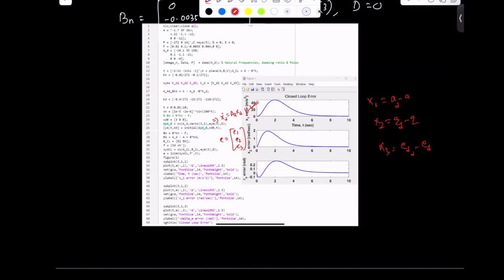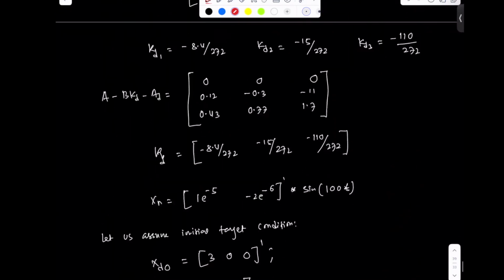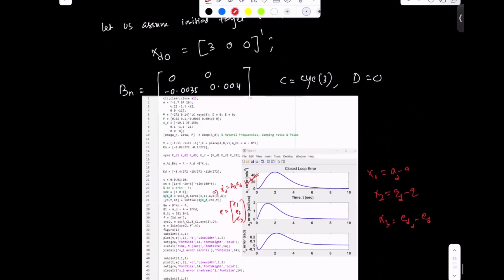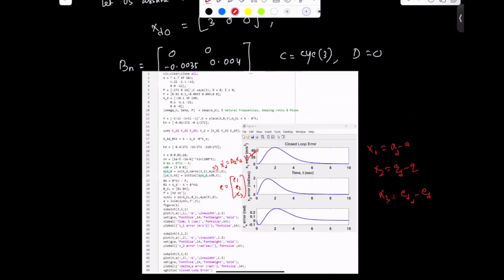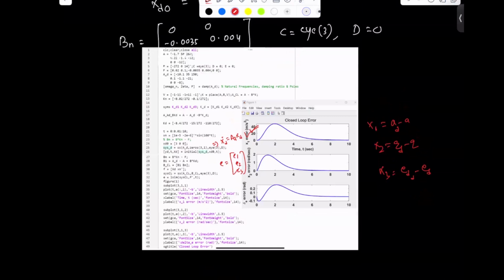So this is how we can design the controller to track the desired dynamics, and we have done it for the longitudinal motion of the aircraft. This is a very, very important example. If you have a similar kind of system to design, and you want to see how the noise behaves or acts in the system, you can design the controller and mitigate the noise. I hope this is very important for designing the autopilot for aerospace systems.